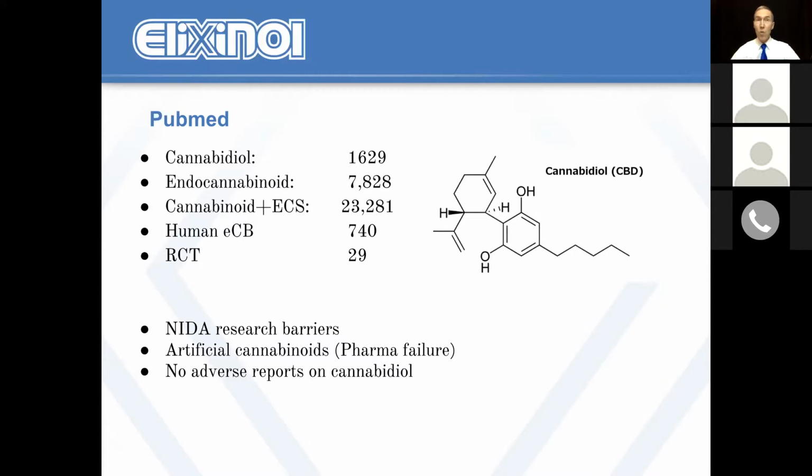Now, in addition to what we have with regard to cannabidiol and the endocannabinoids, there are also artificial cannabinoids that the pharmaceutical industry has been working on. When the pharmaceutical industry makes an artificial cannabinoid, they find where it can connect into the pathways and the mechanisms, but to date, for the most part, those have failed. They have failed because the substances alone seem to have adverse effects when they're taken out of context. If they're not with a whole plant substance, they could push the endocannabinoid system or the other systems of the body too far in one direction,